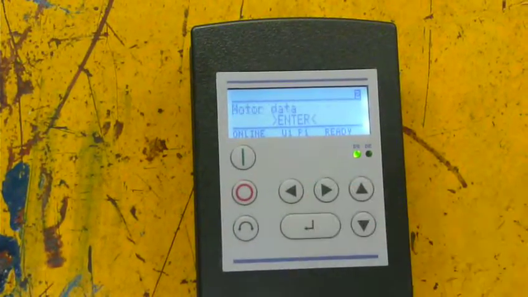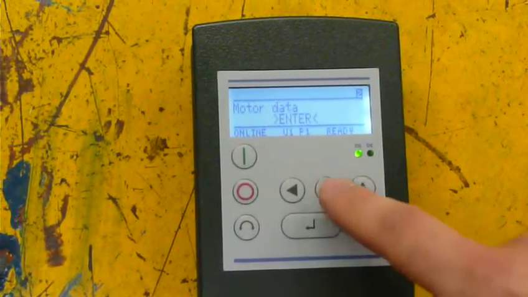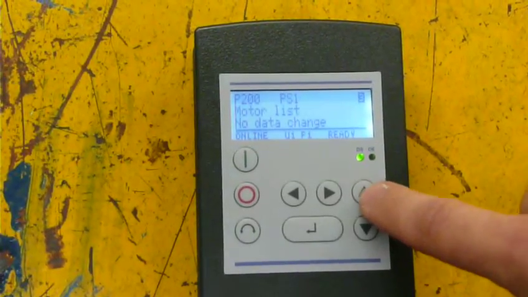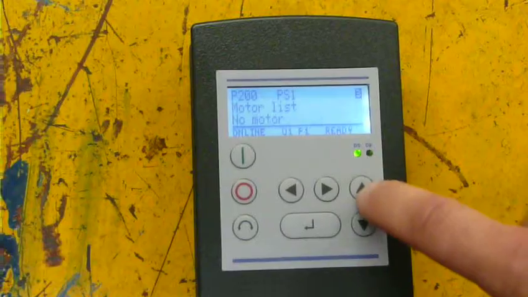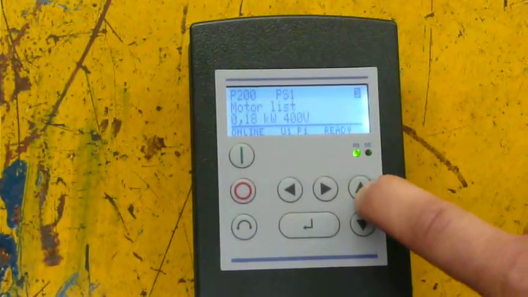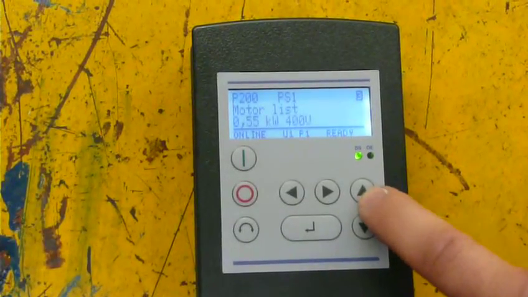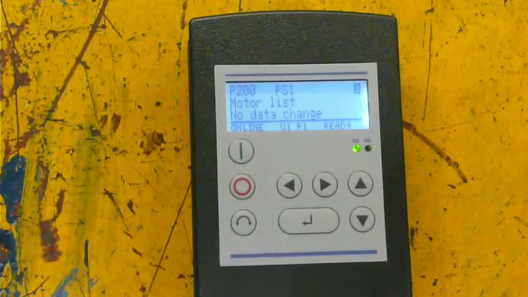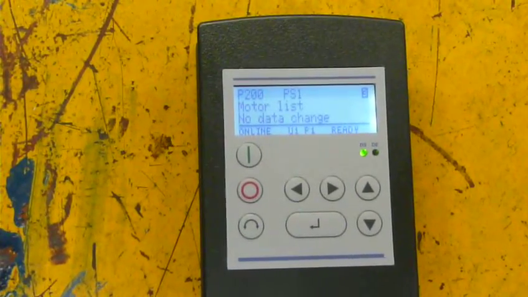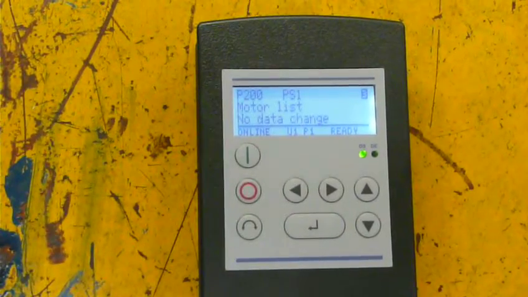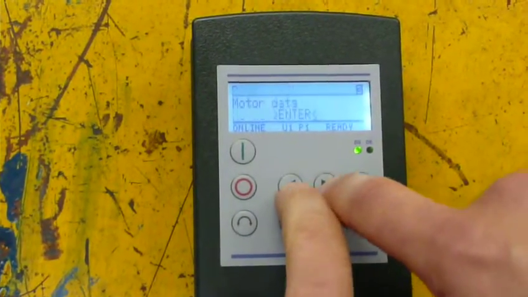We want to double check that the motor data set is correct. So we go into the motor data, parameter 200, and we'll just scroll up until we see the motor data, the motor power rating that we have. In our case it's 0.55 kilowatts at 400 volts. Hit the enter button, it saved the parameters, it settled the motor data, and it's gone back to no data change, which is normal. Go back up to the main parameter menu,